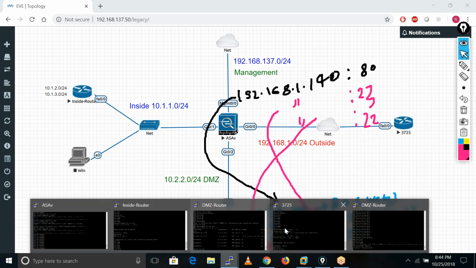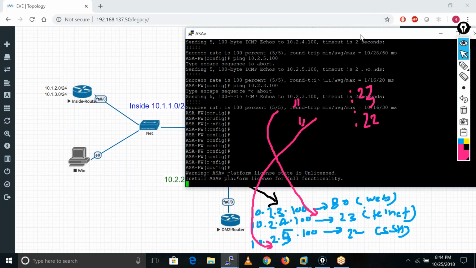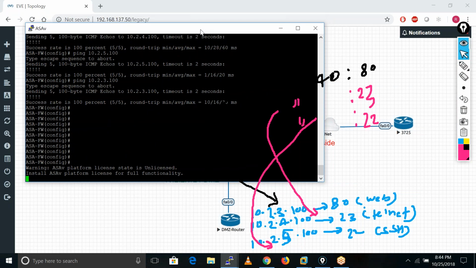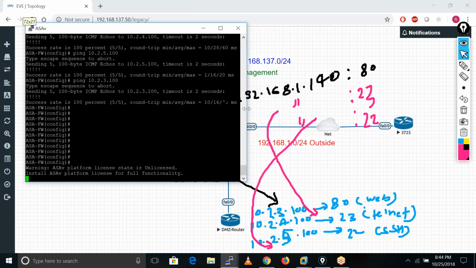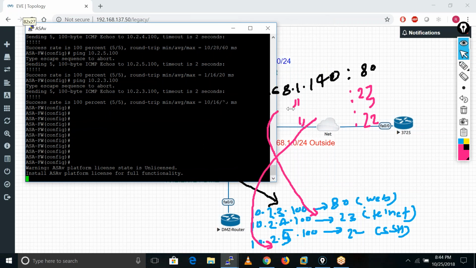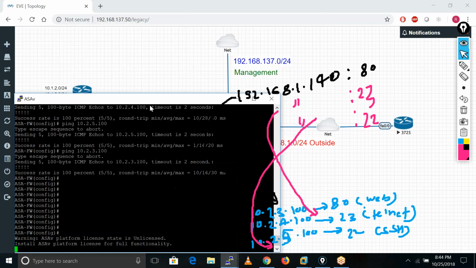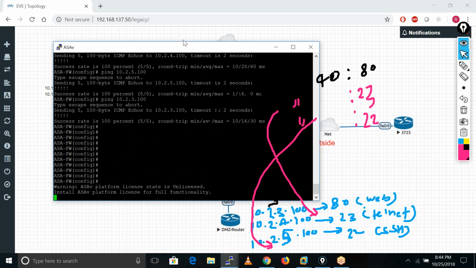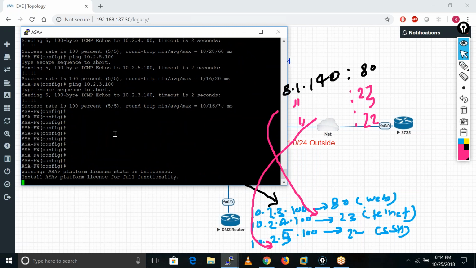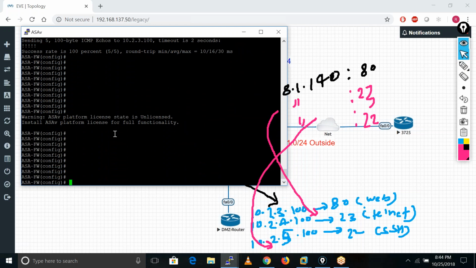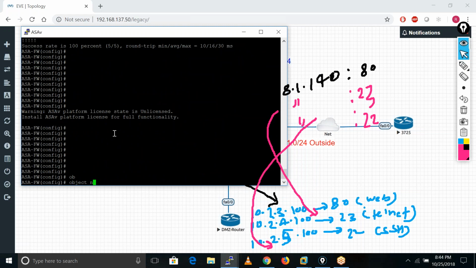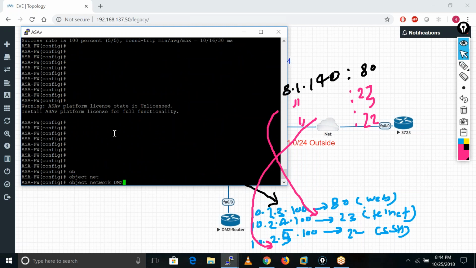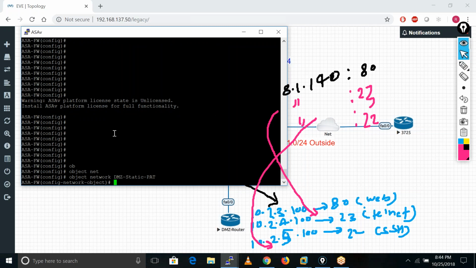Okay, so let me start my configuration. Configuration is very simple. So we are configuring the static PAT only. Object network, I'll give the name DMZ static PAT.